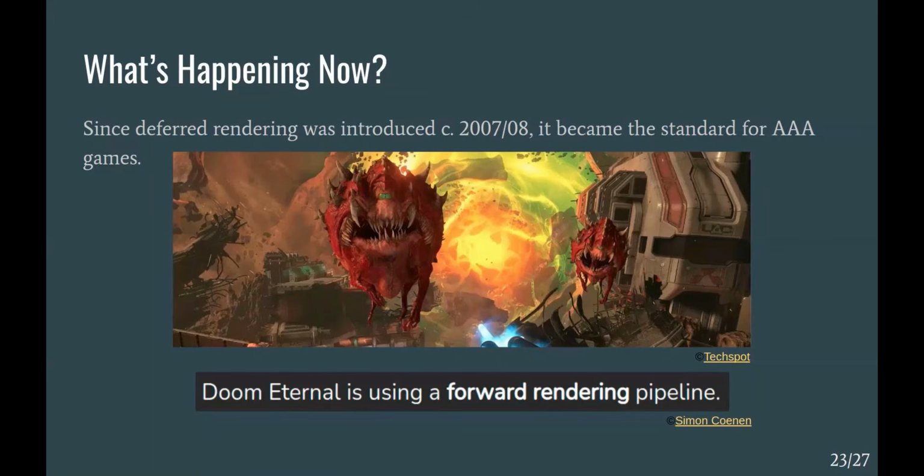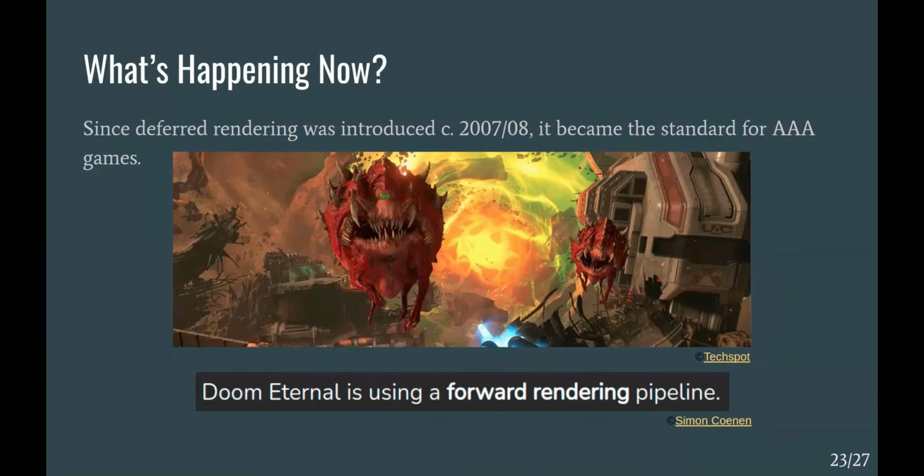The CPU can generate many more draw calls than it could before. We're finding that forward rendering with very heavy pre-processing of the geometry is just as fast as deferred rendering, if not faster. And as well as that, it has a much lighter burden on memory,